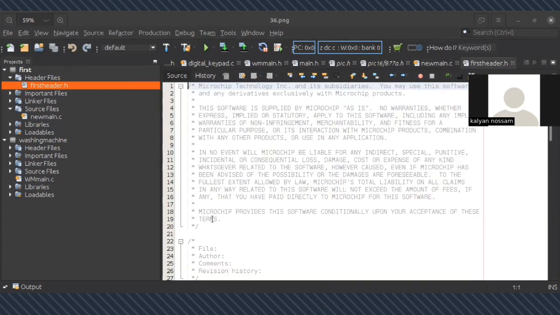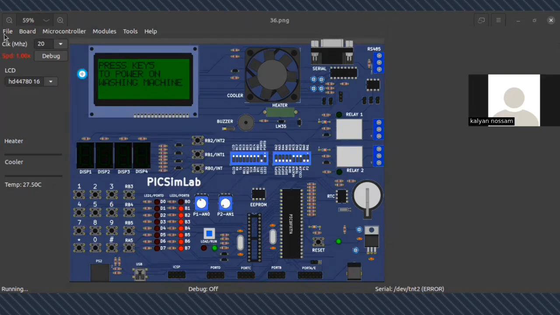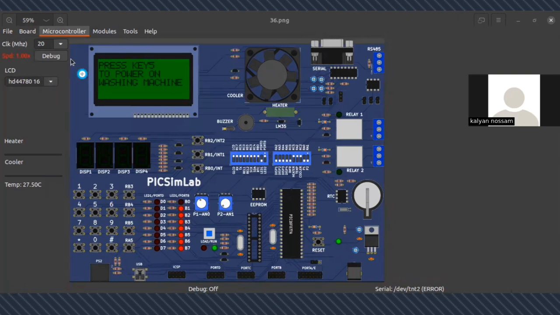Now I will show you a basic file, that means in PicSimLab. Let me explain PicSimLab. Yeah, this is the PicSimLab board which we are using right now. Immediately after installing PicSimLab, we have to select the microcontroller board we want, etc. Currently, we are using PIC microcontroller, so we are selecting PIC Genius under the board, and under PIC microcontroller, we are selecting PIC